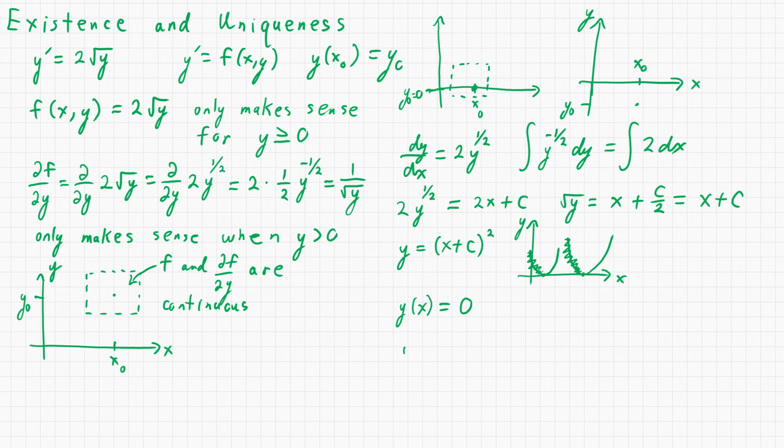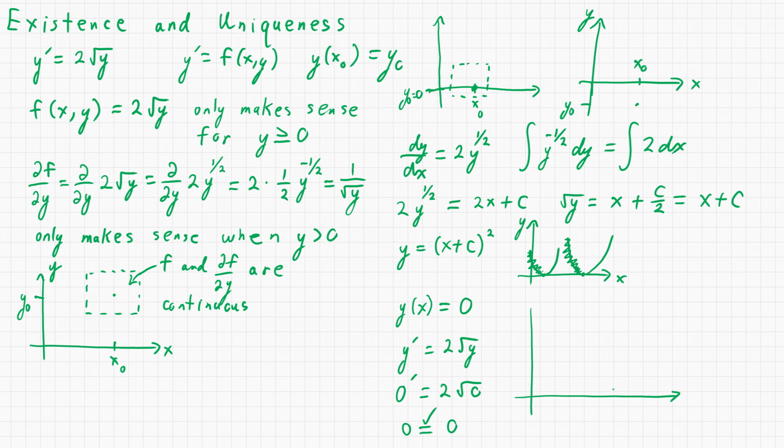So our equation was y prime is equal to 2 square root of y. If we plug in 0, we get 0 prime equals 2 times the square root of 0. And yeah, that is true. 0 does equal 0. This is a solution to the ordinary differential equation. And so the solutions actually end up